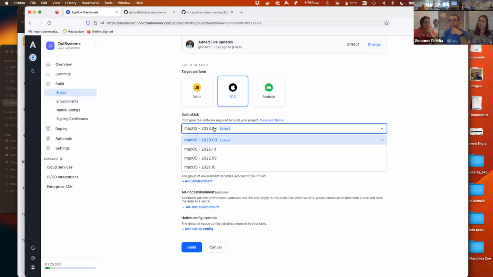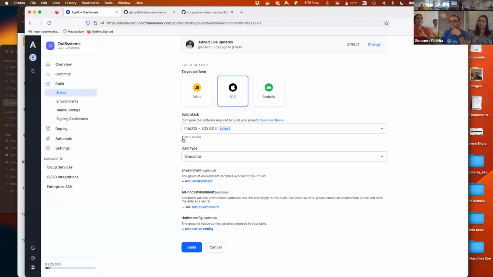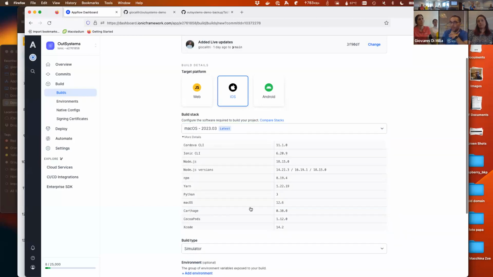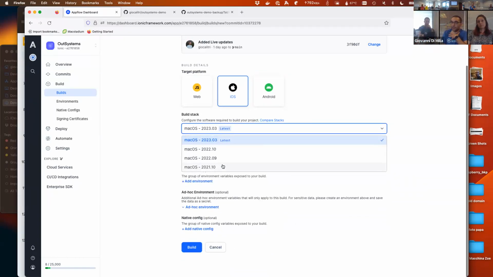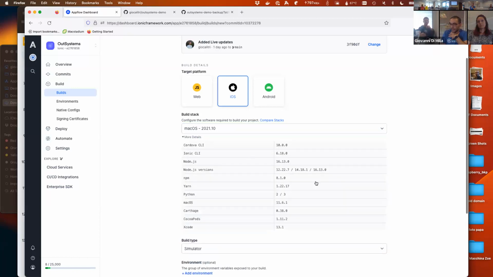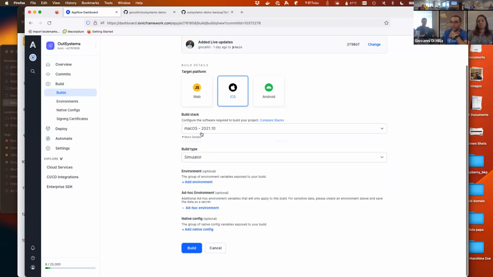But 2 years in mobile development is basically forever. Each of them has a bunch of software dependency versions. You can see, for example, that 2021-10 had Xcode 13 and so on.